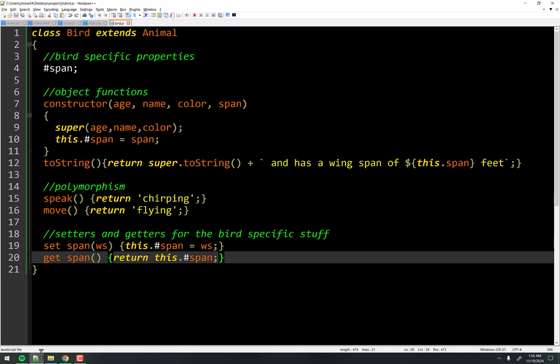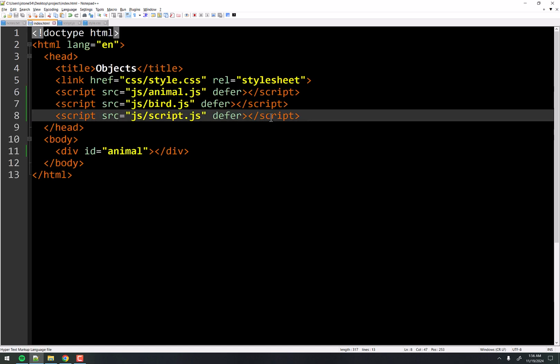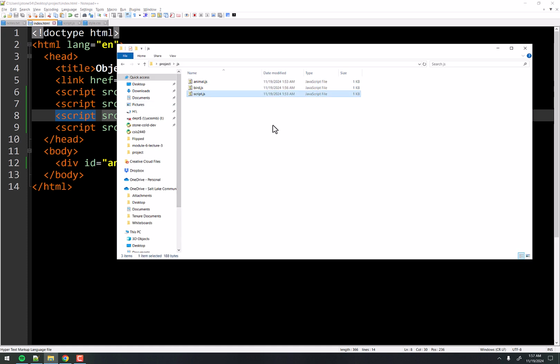Let's make a static class now. Now that we got this all organized here, this is going to have nothing to do with birds. We'll keep the script file. We're going to use that. And I'm going to go ahead and make a new one here. And the new one here is going to be math tools or something like that. I don't know. Okay. So let's go ahead and make that. We'll copy the script here and call it math tools. And we'll open it up in here.